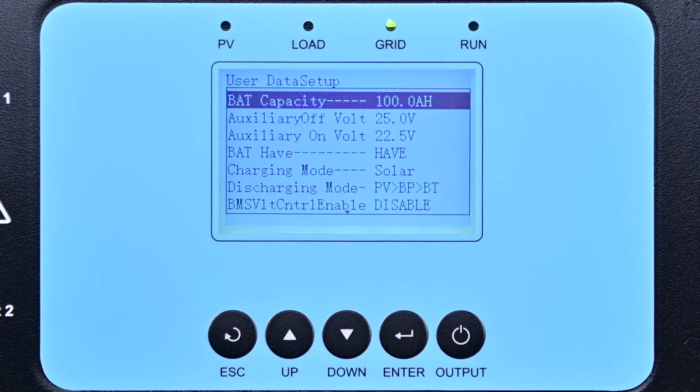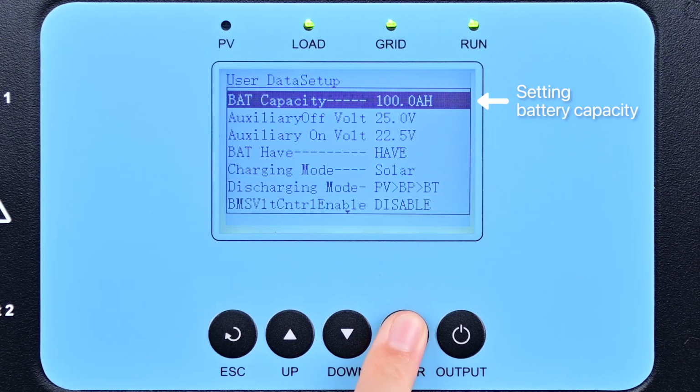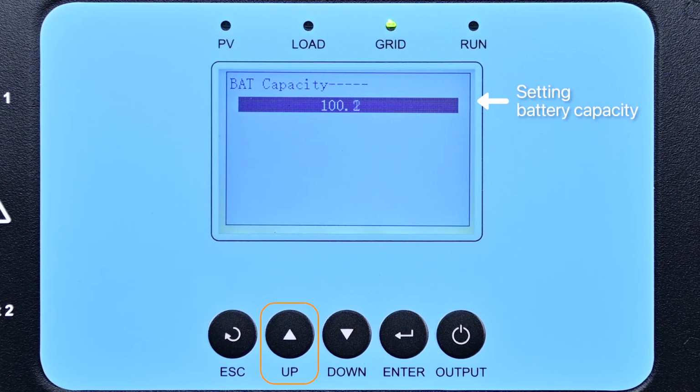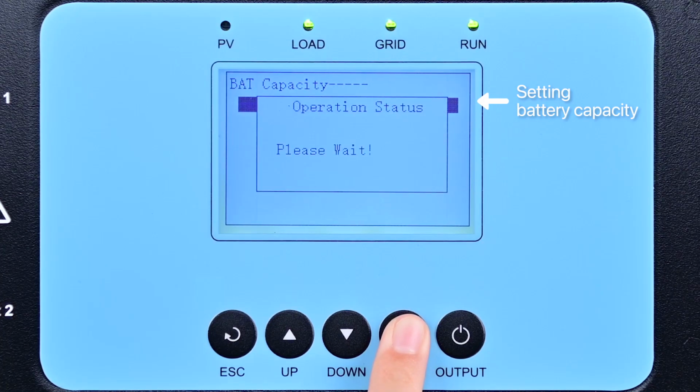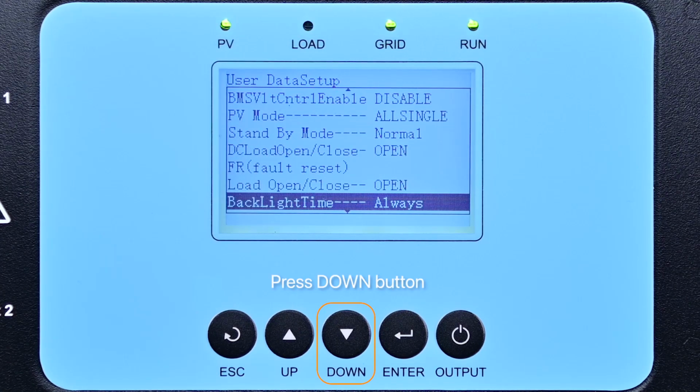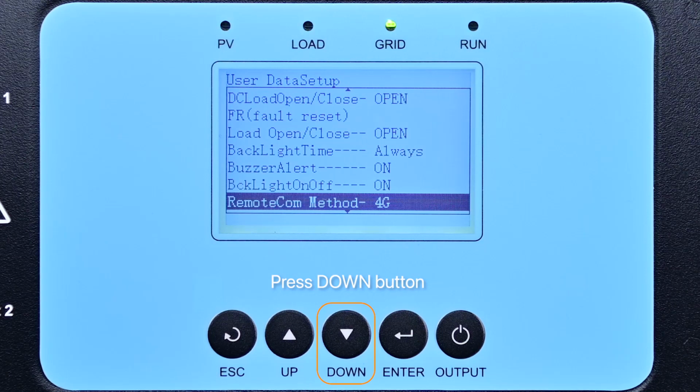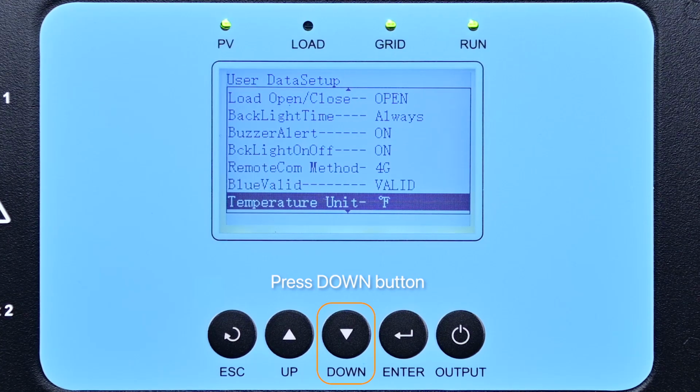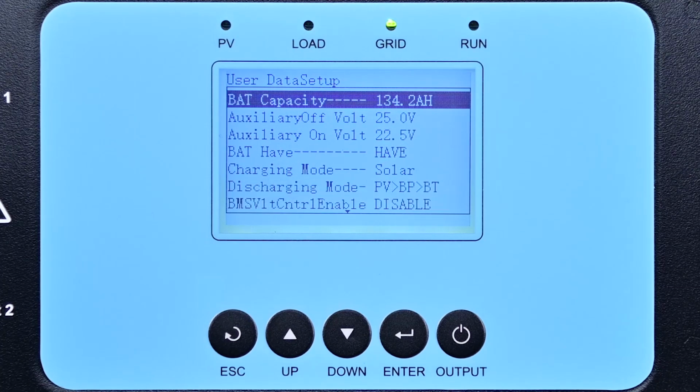Since there are many configurable items in the ordinary user interface, we will set the battery capacity as an example to demonstrate the operation here. Other settings, such as LCD backlight time, platform communication method, and temperature display mode, can be configured in a similar